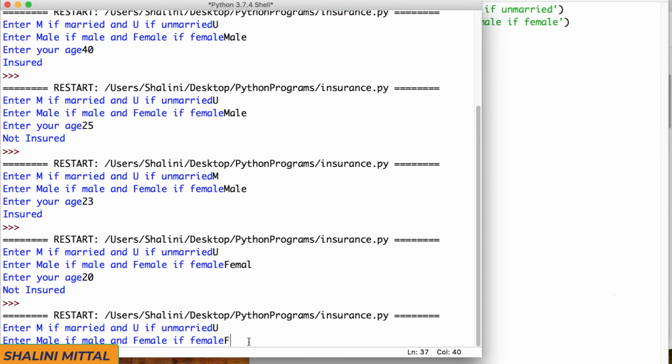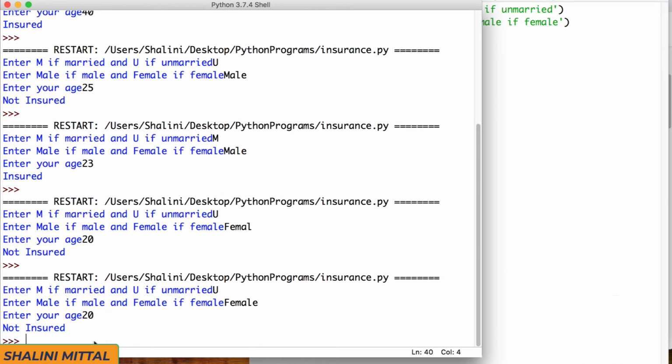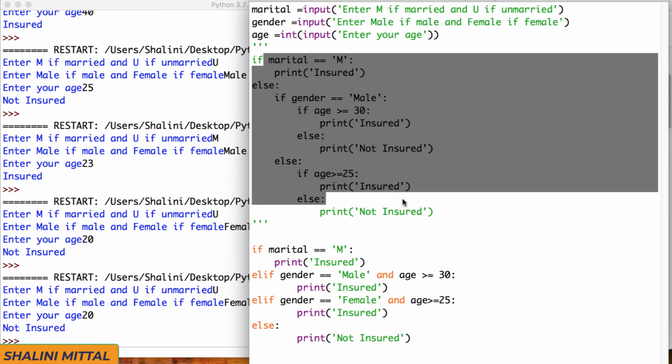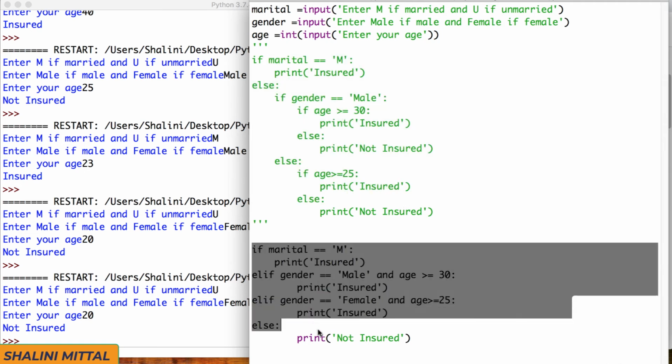I say unmarried, I say female, I enter my age. So you can see not insured because I am female, but this condition is false. I've used AND operator, it prints not insured, because this is not true. So I would suggest initially it's okay if you're writing long statements. Slowly you will understand and you will be able to write the shorter syntax using the logical operators.